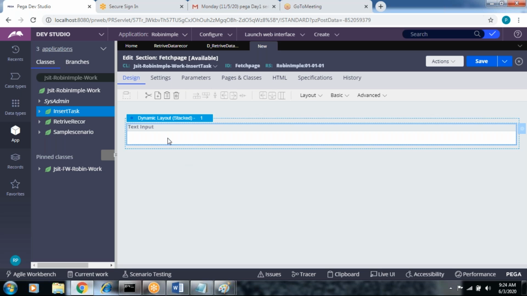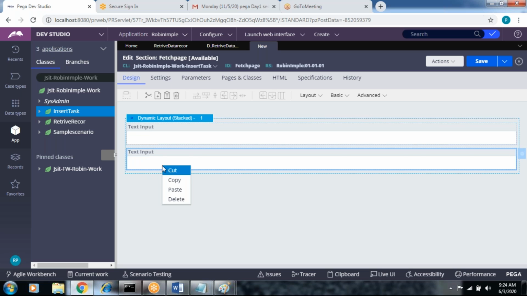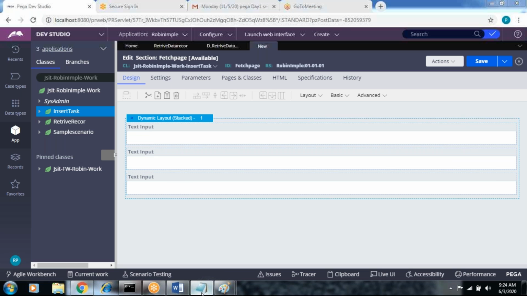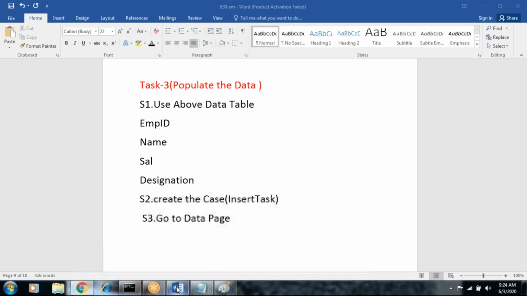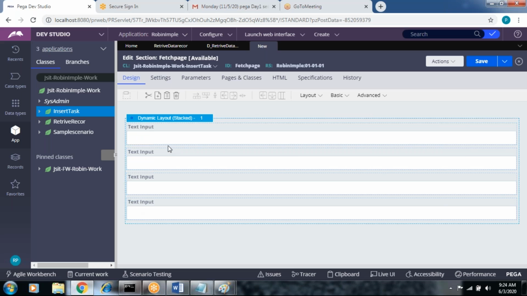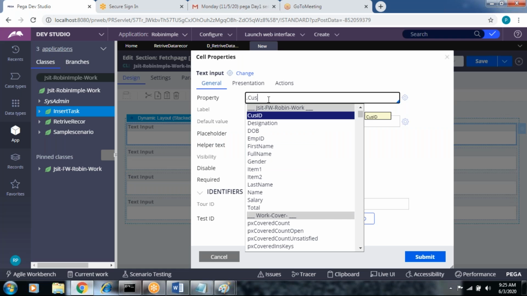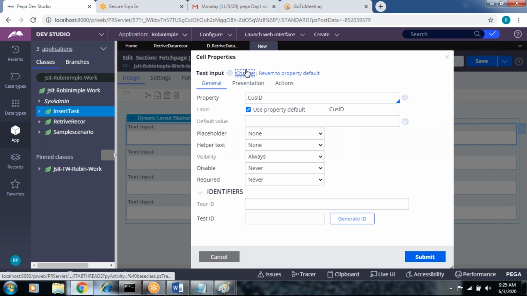Drag and drop the text input. Put how many properties? 4. And call the properties customer ID. Change the data type also.